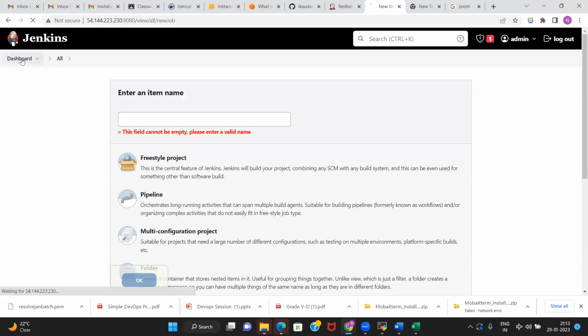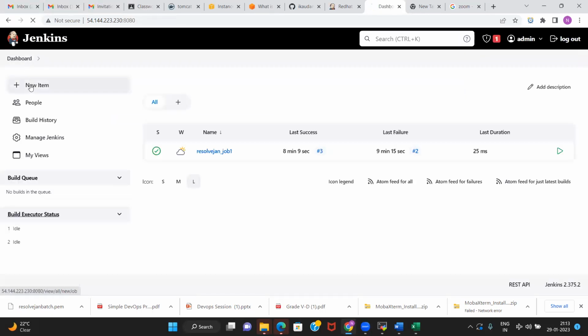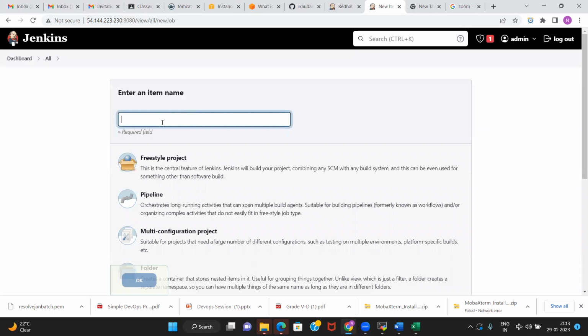So again, dashboard, new item, and then pull code from GitHub.